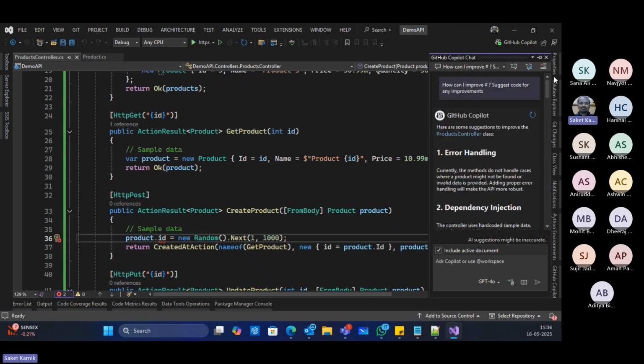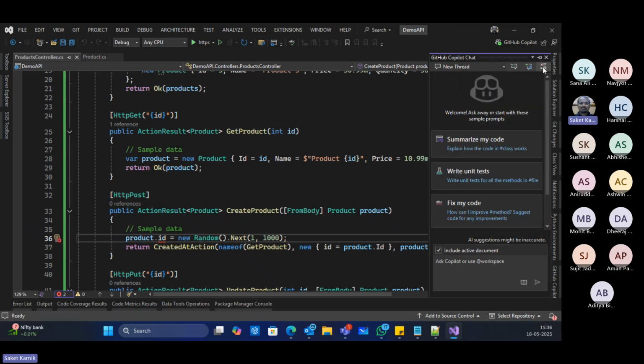So it helps me maintain the consistency also. Yes or no? Let me say fix errors in products controller.